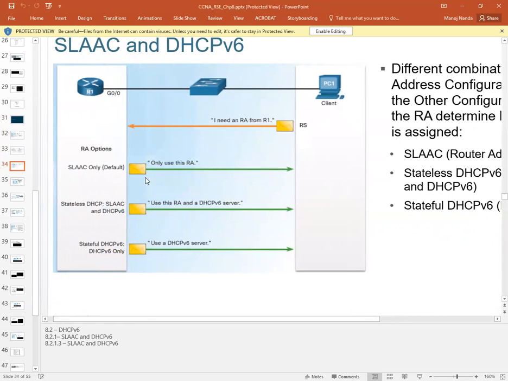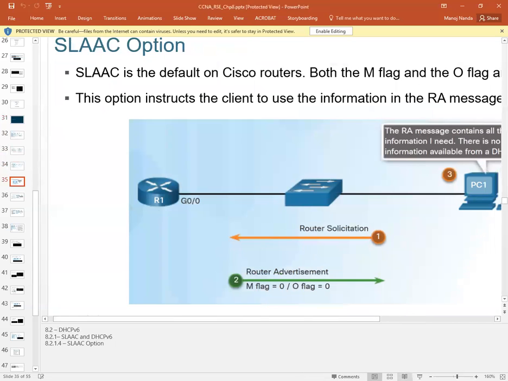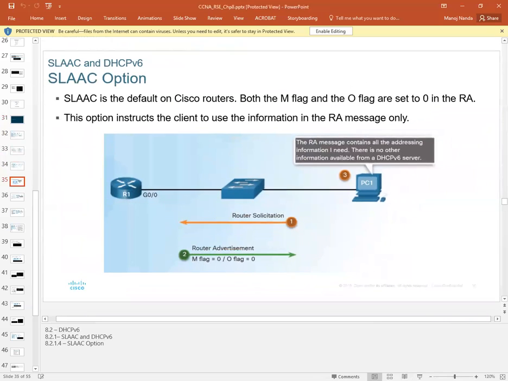the RA has 3 options. Only use this router advertisement. Stateless DHCP is use this RA and the DHCP version 6 server. So in this particular version, this is giving everything needed. That one's also involving the use of the DHCP version 6 server as well. Okay, and this version using a DHCP version 6 server only. There's these different states here. Okay, 3 different variations. Now, a default setting configuration is the SLAAC one, and that means both M and O